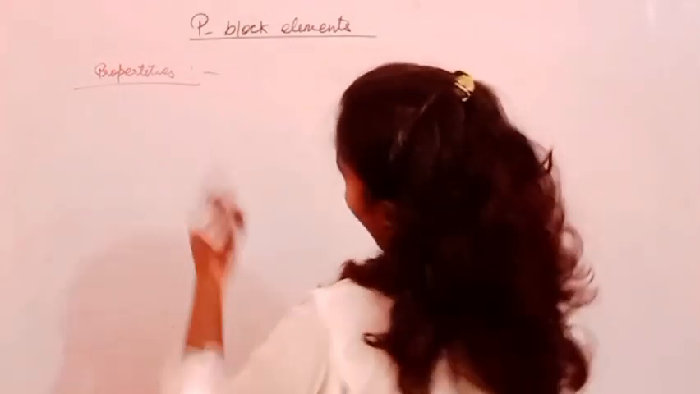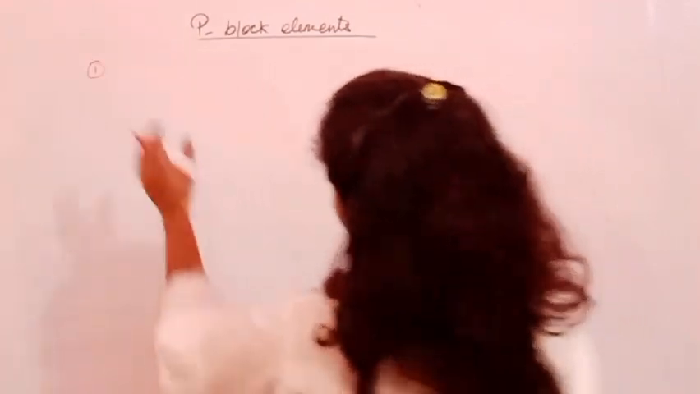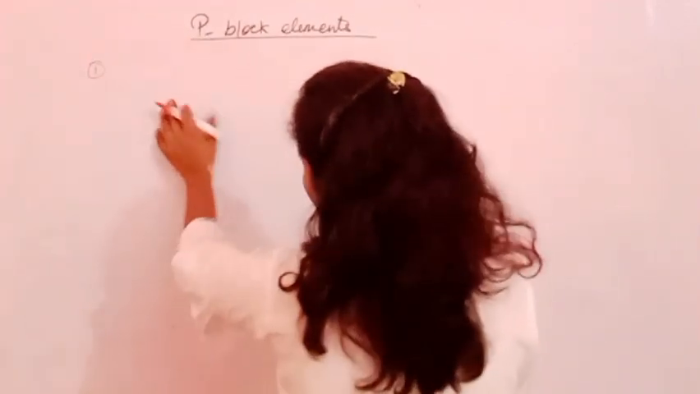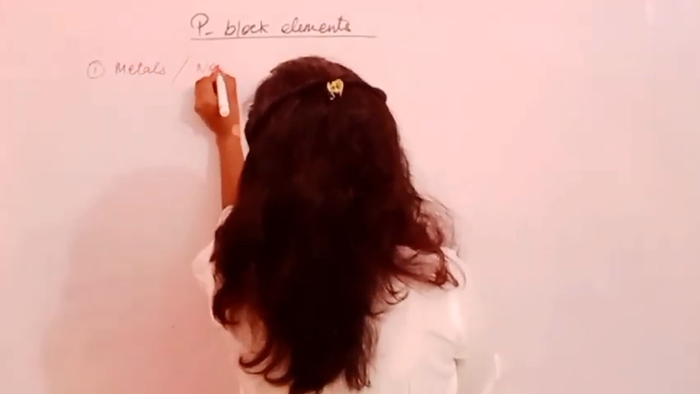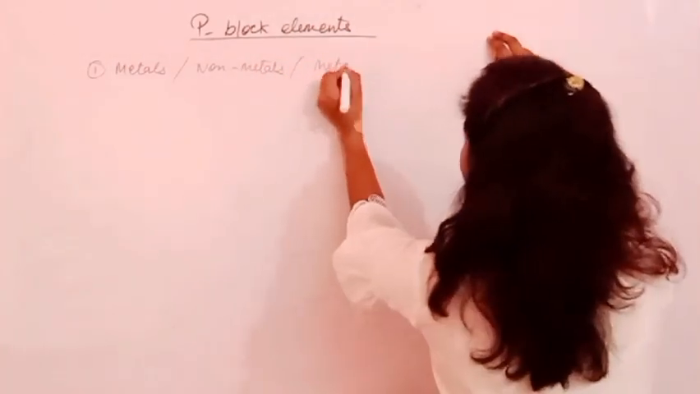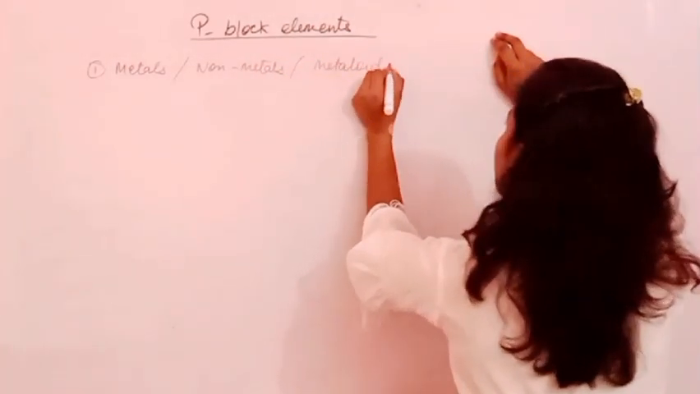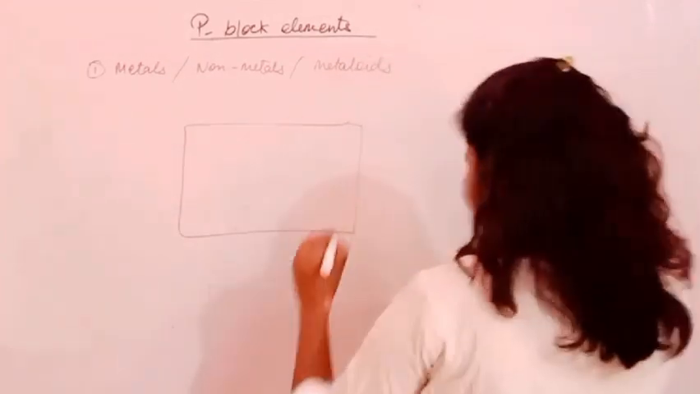So let's talk about the properties for P block elements. Property number 1: all the P block elements contain your metals, non-metals, and your metalloids. ठीक है, एक एग्जांपल मैं देती हूँ, आपके जो P block element है that is like your